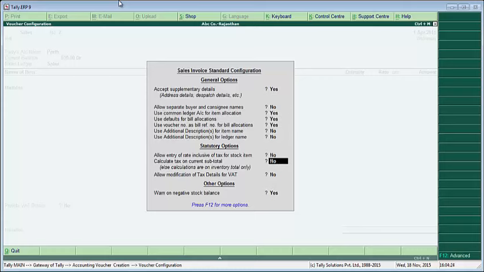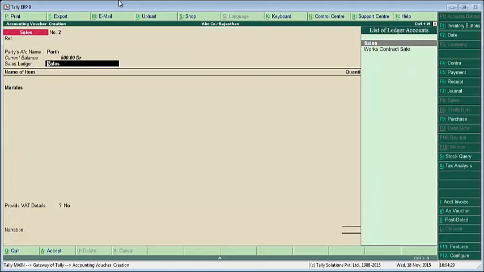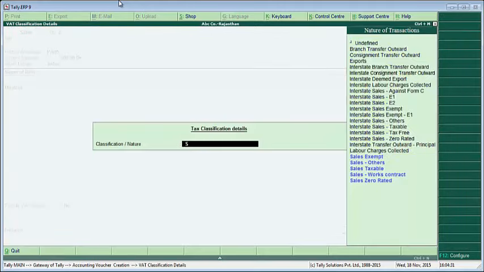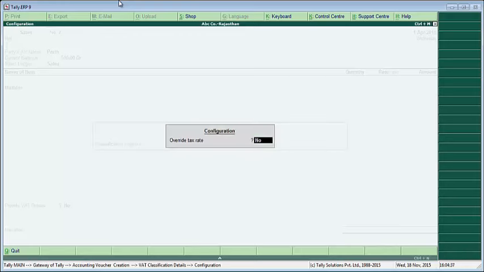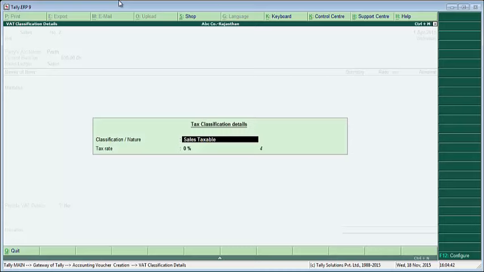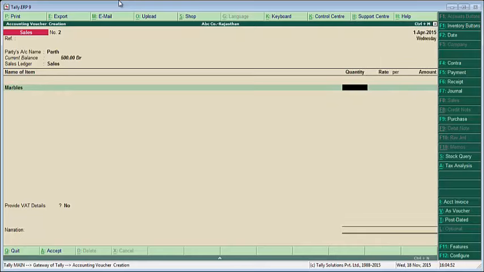and give a different rate. So you will go to allow modification of tax details for VAT, make it yes. Now here you can select the classification sales taxable and F12. Here you get an option of override tax rate. So you can make it yes and you can specify the different VAT rate. So say 14.5% in this, then VAT will be calculated at that rate